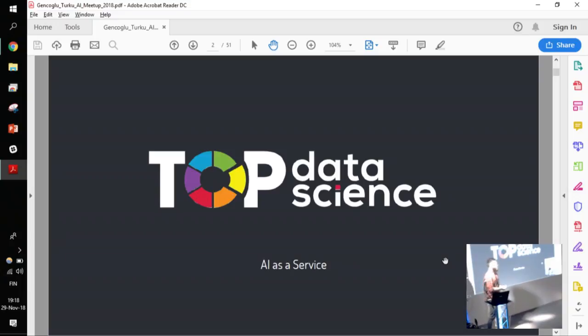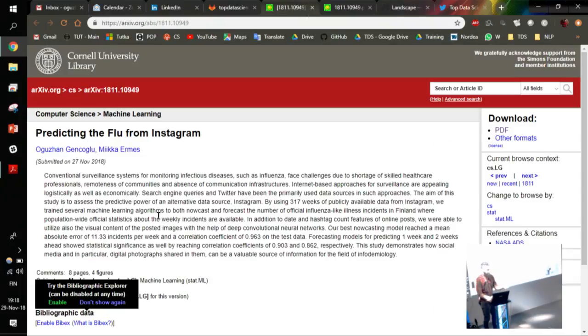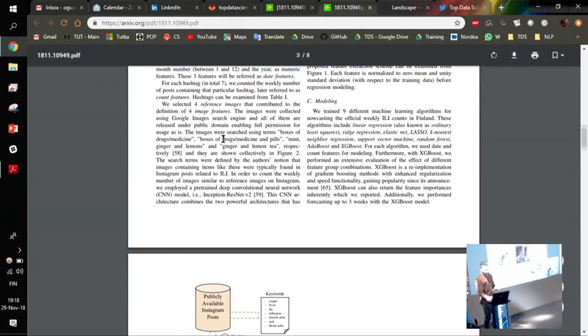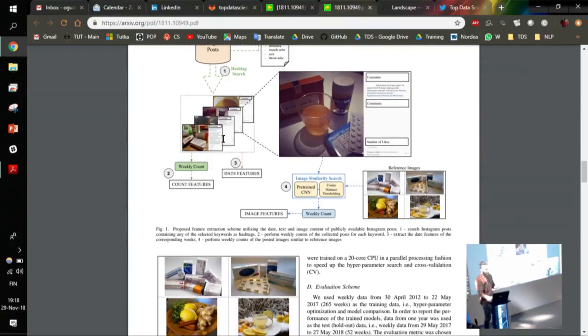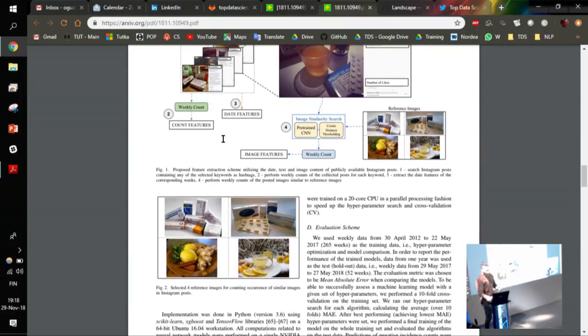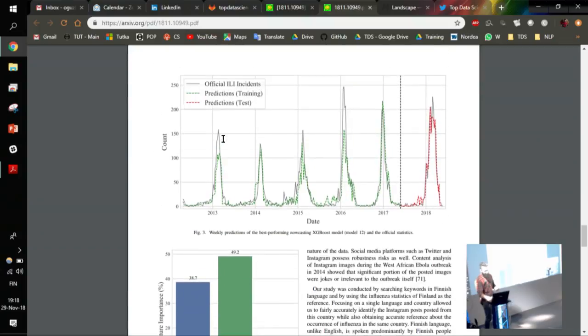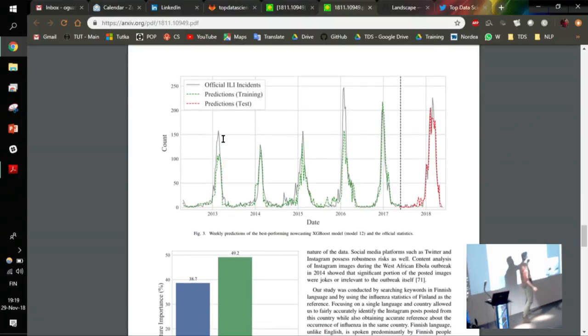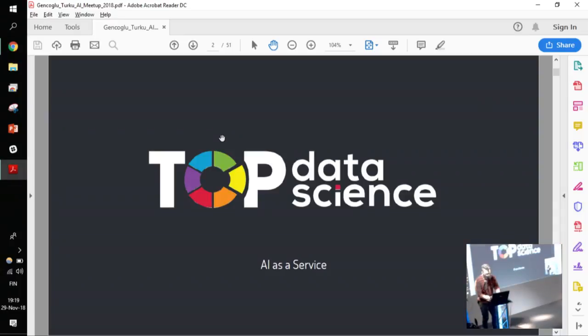As I told you, my background is machine learning research. I am now in industry in my own startup, but I still do some research because it's fun. Yesterday I just published this paper using deep learning. I was able to predict flu in Finland from Instagram images and text. You can check the paper, it's of course open. I mined thousands of images and whatnot from Instagram, and I was able to predict the official weekly flu counts in Finland. This is just an example of what deep learning can do nowadays. But let's go to our topic,